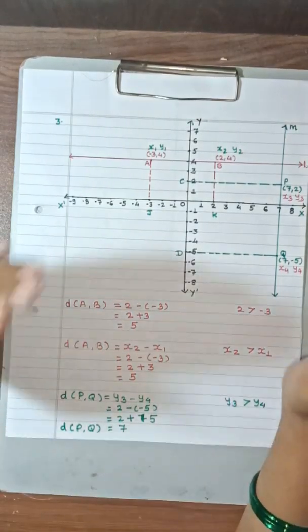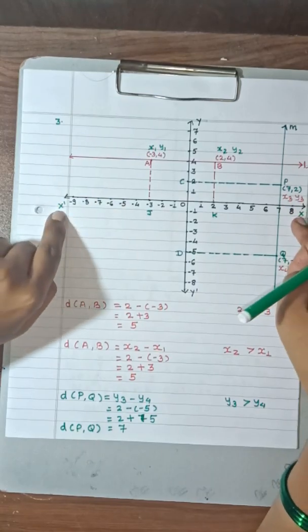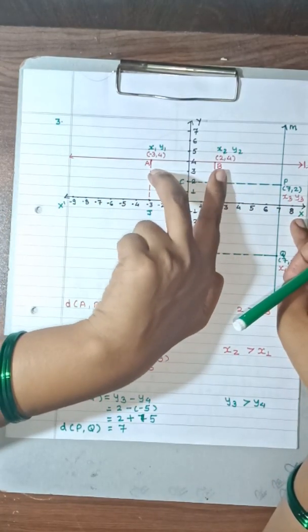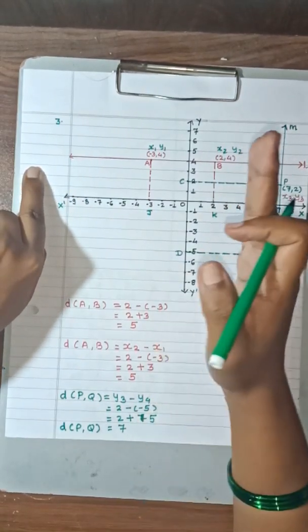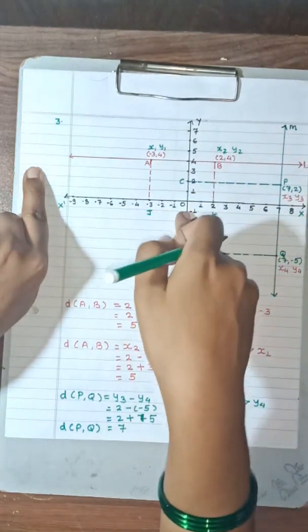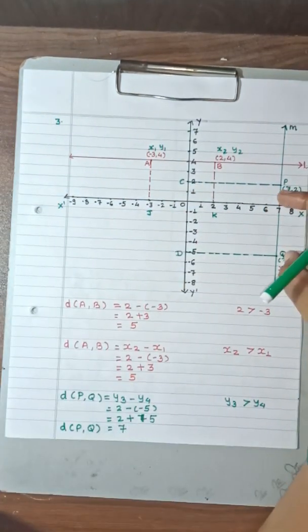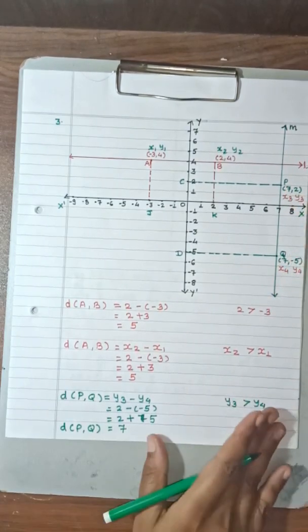Now once again I'll repeat. When this line L is parallel to the x axis and they have told you to find distance AB, at that time, when the line is parallel to the x axis, you have to take x coordinates. And in PQ, this line is parallel to the y axis, so in order to find distance PQ we have taken the y coordinates. I hope it is clear till here.